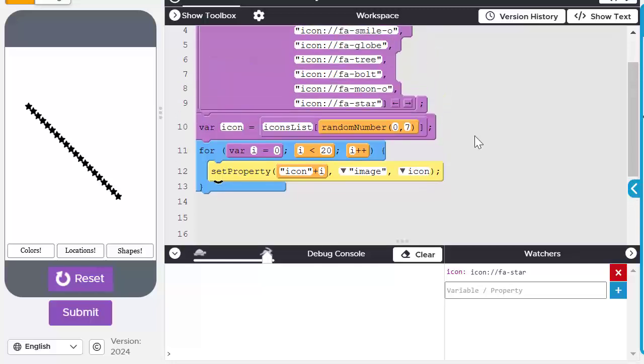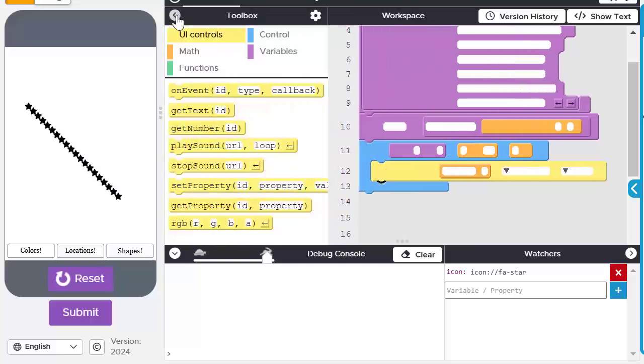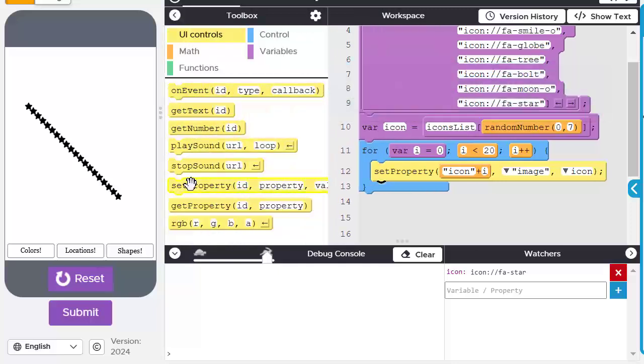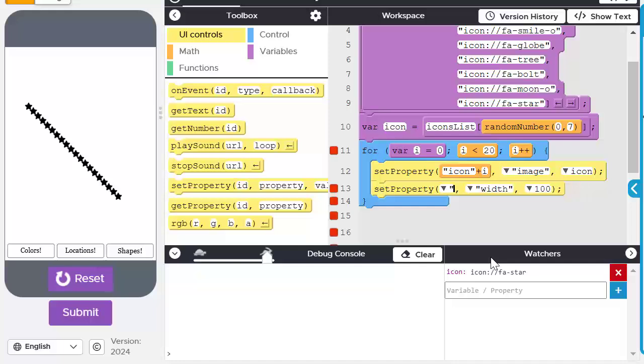Okay, so what's the next thing we need to do? Well, we need to change the color of every one and the size of every one. So we can do that as part of this loop. So let's do set property. What should we do first? I think we should do the size next. So we can again use icon I. So first it'll do icon 0, then it'll do icon 1, then icon 2, all the way up to icon 19. We want to change the,